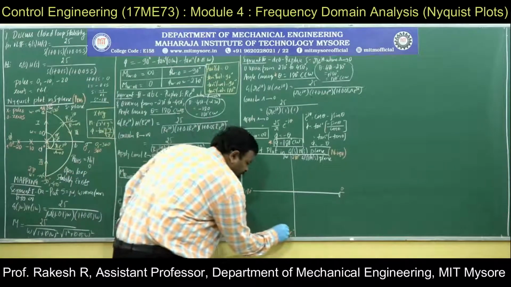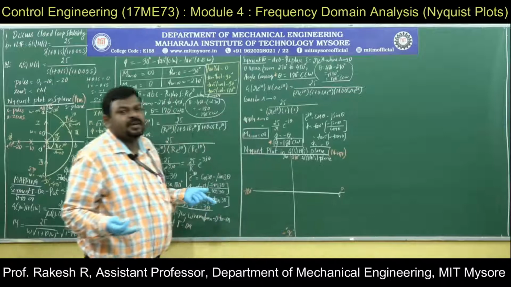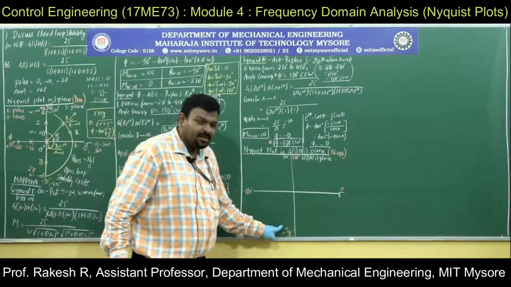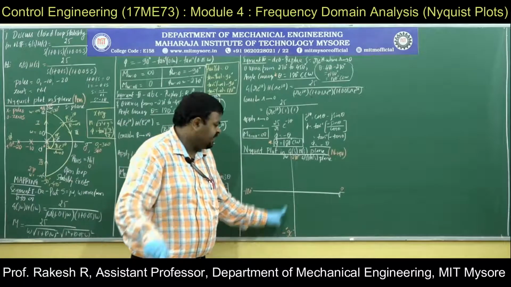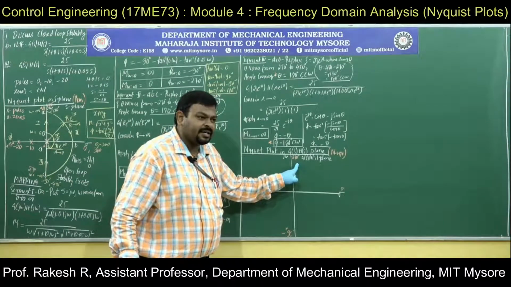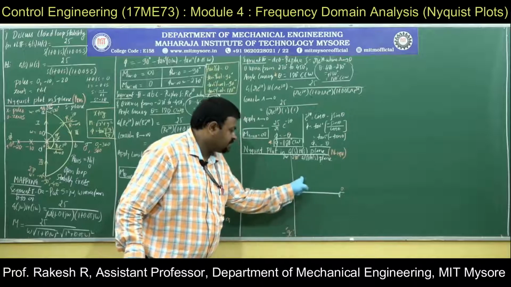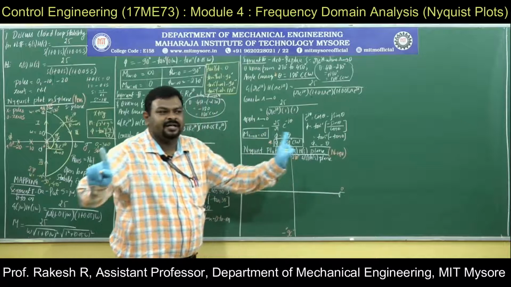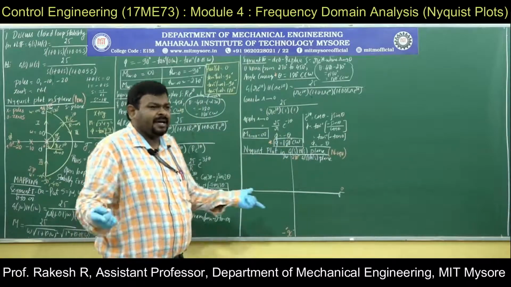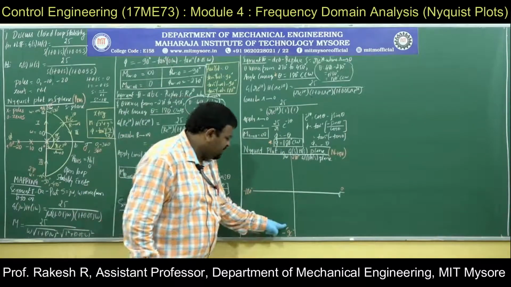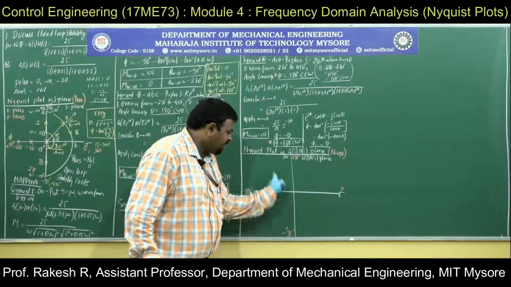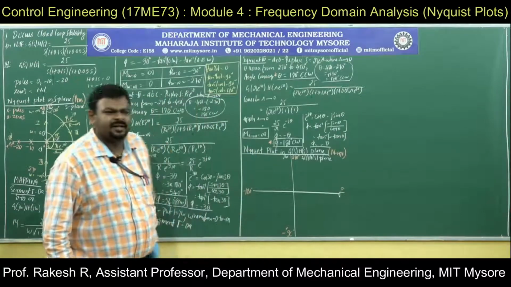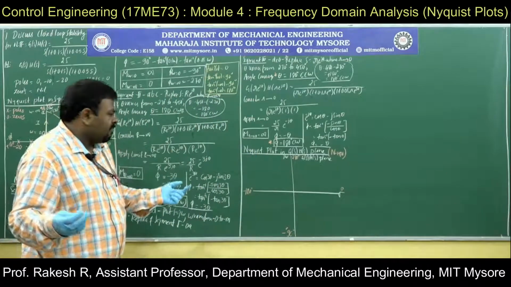See here, it will be starting from here. How many quadrants do I have to move? What is the direction of the plot? Since it is starting at minus 90 degree and ending at minus 270 degree, the plot may start like this. If you start like this, it will be a counterclockwise contour. It cannot be possible. It might be possible. Let us check that also. Here is another option, 90 and 270. This is a clockwise path. Let us check.